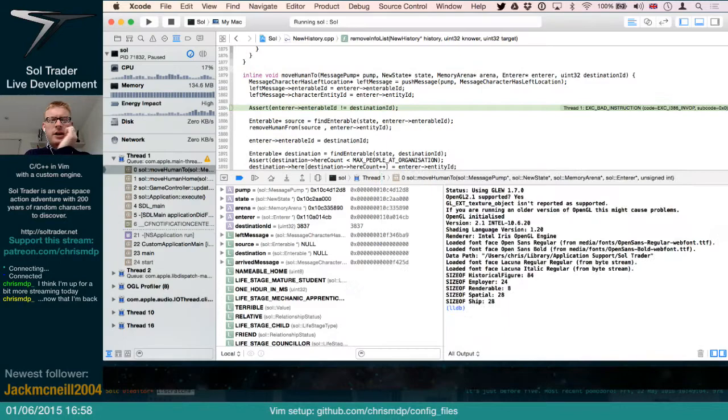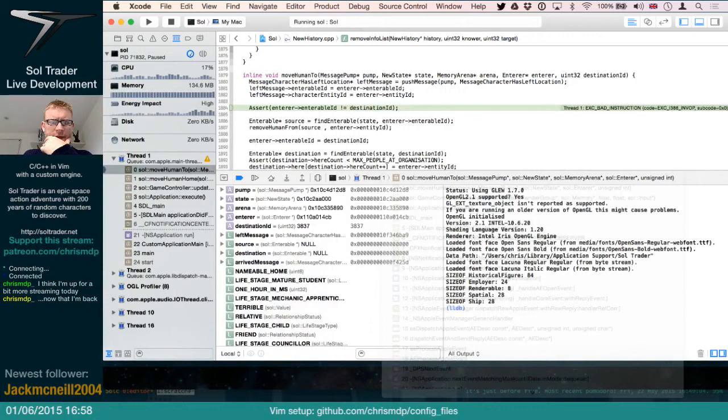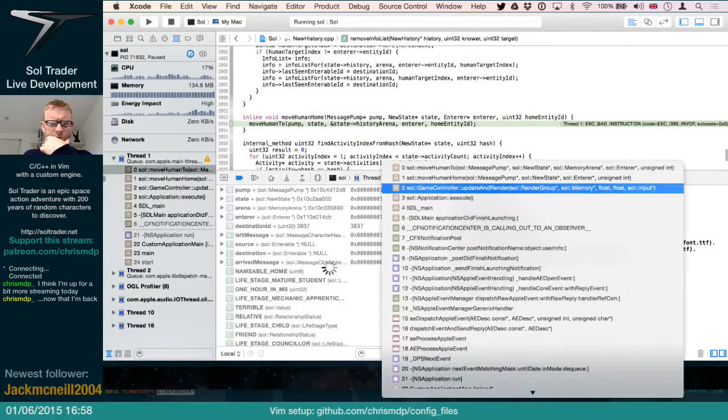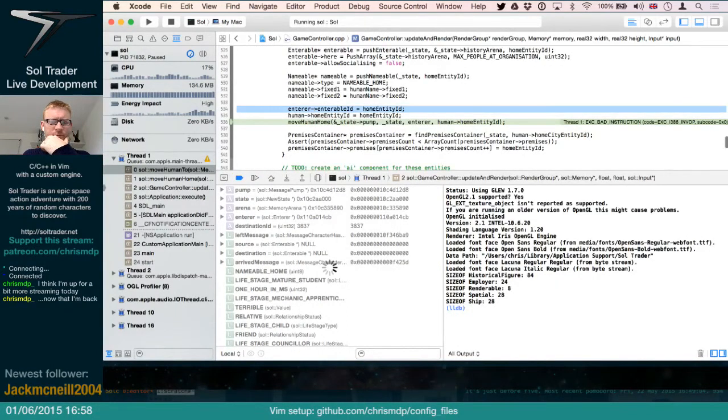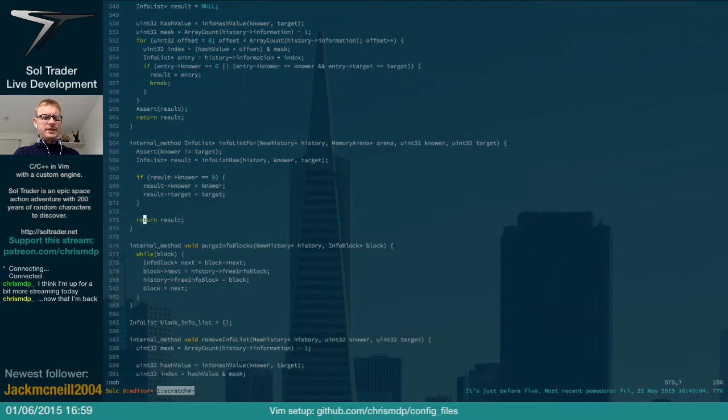Oh, okay, so now we hit the move human to home. So the problem is that that's where they already are. Did we move them there? Yes, we shouldn't have done that. Yeah, I'm a bit suspicious of that bug. It could easily be a bug with the purge info list blocks. That's possible. And one way of finding that out